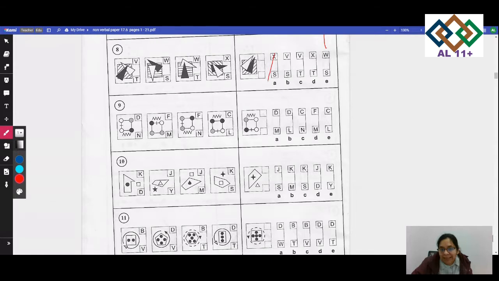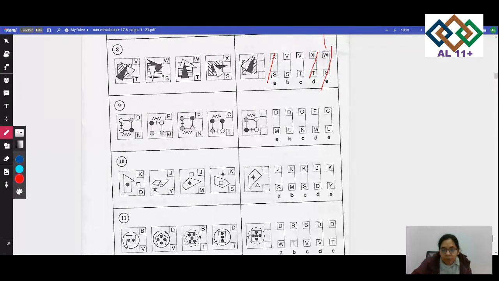So let's cancel the ones which don't have a V. Now I'm looking at the down ones. It's T or S. So what is T? T is a black triangle in front of the white triangle. If you look at T, T has one thing in common: it has a black triangle in front of the white triangle. So it cannot be T.